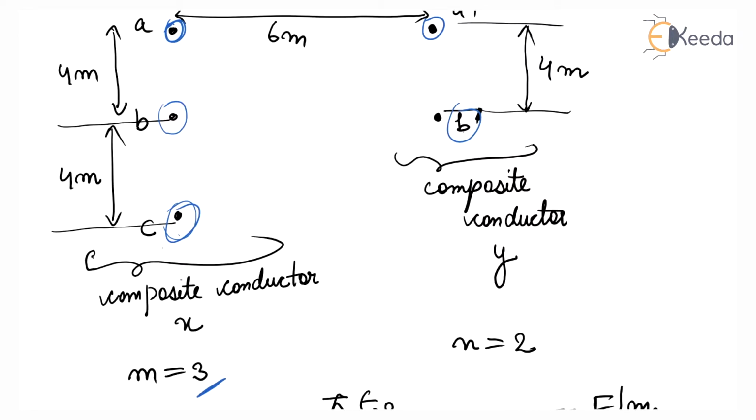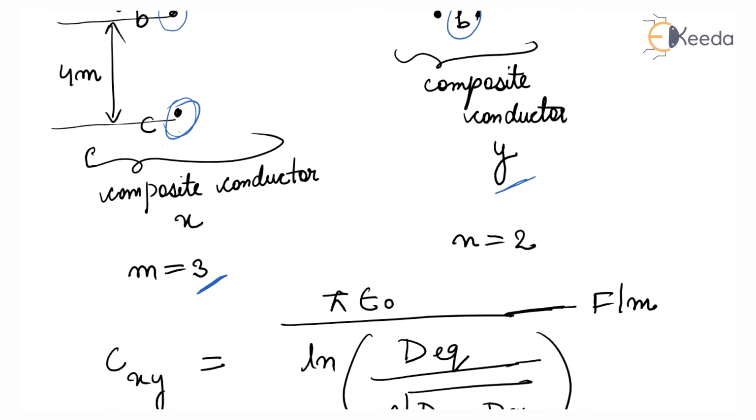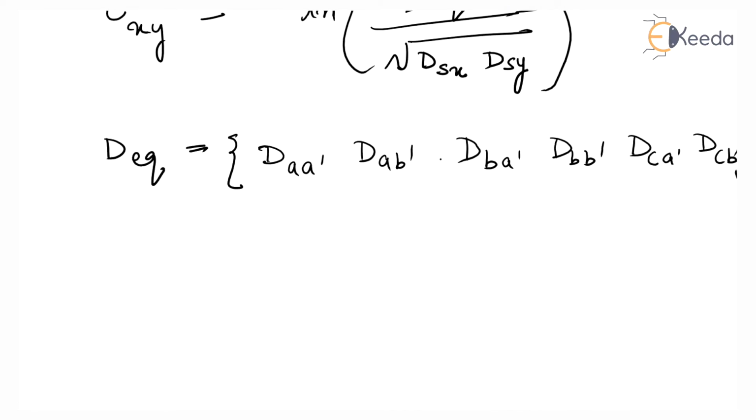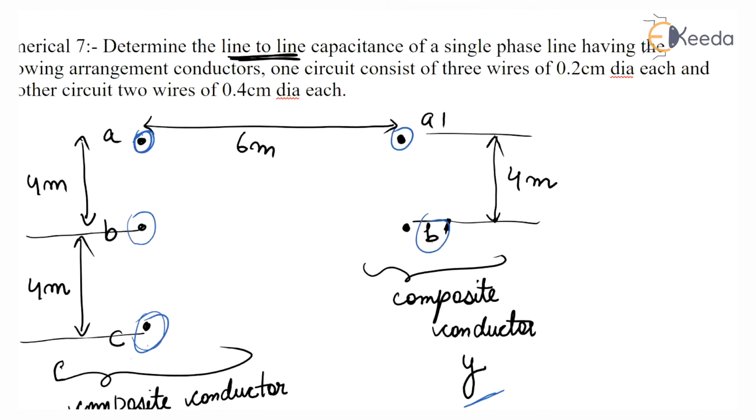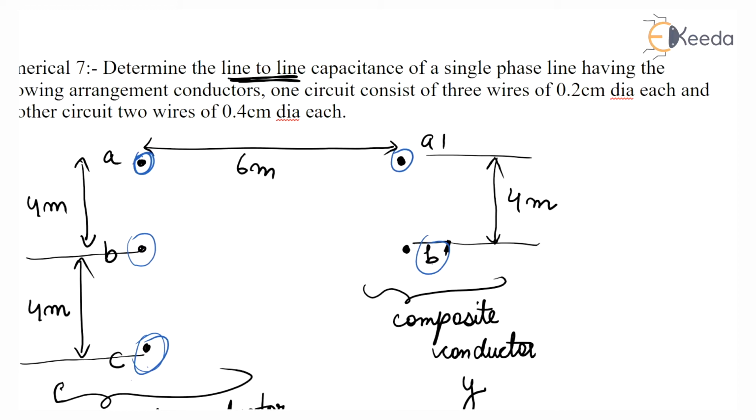Conductor X has 3 conductors, so M is equal to 3, and conductor Y has 2 conductors, so N is equal to 2, so 3 into 2 gives the power 1 by 6. Therefore D equivalent is equal to, now D A to A dash is 6